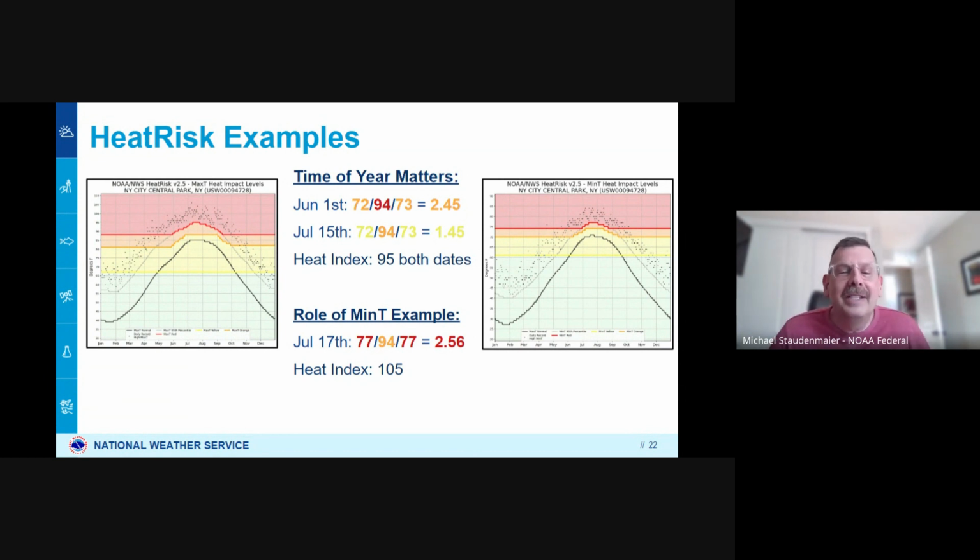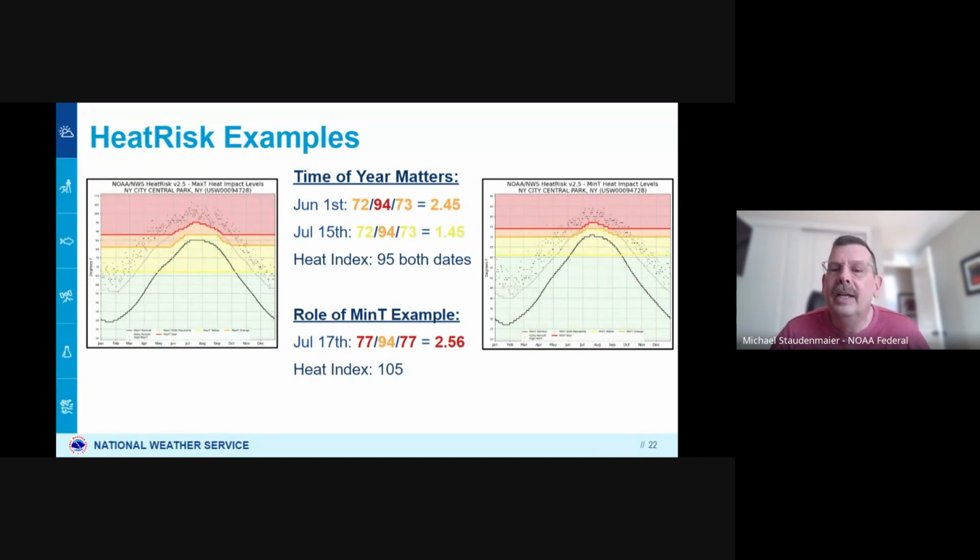So let's say that on the 17th of July, a bunch of moisture moves into the area and the dew points increase into the mid-70s. So now our overnight lows stay elevated at 77 degrees, and the daytime high will keep the same as it was on the 15th in that previous example. Now when we plug in the contributions from min T of 3 for each of those values and a 2 still for the maximum temperature contribution, we get a non-rounded 24-hour heat risk value of 2.56, which is in the